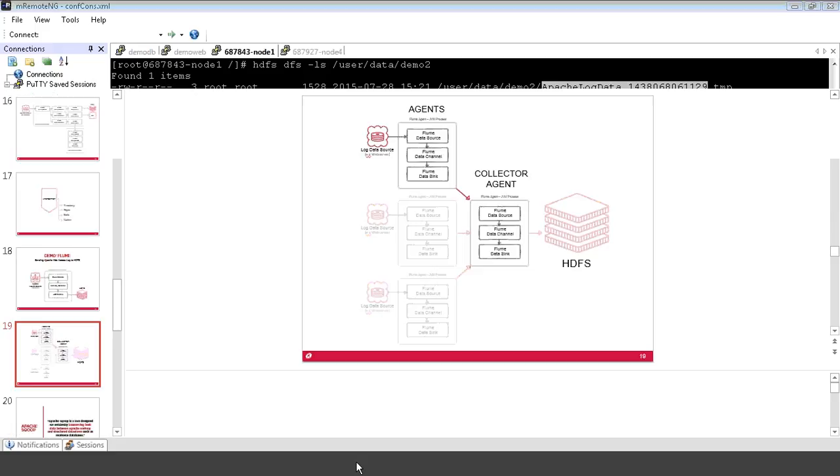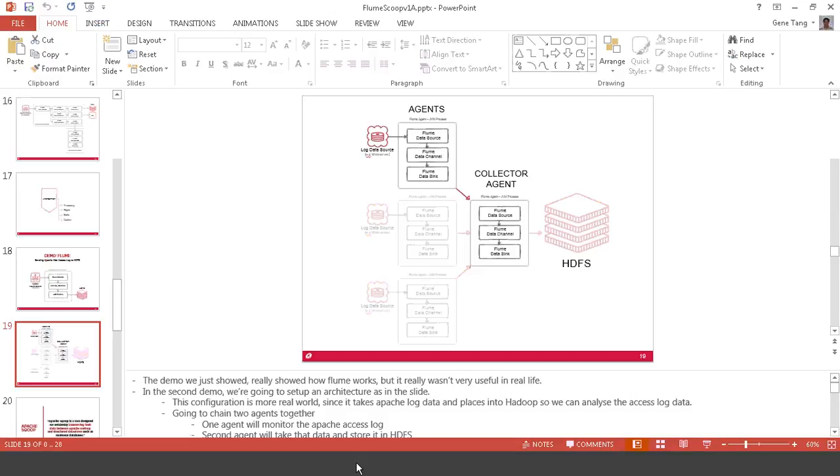Okay, and there you can see the access log entries have actually been propagated to HDFS, and we can actually start performing some analysis on that. And bear in mind that this is all live. This is streaming the information in, as it were. So moving back to our presentation,